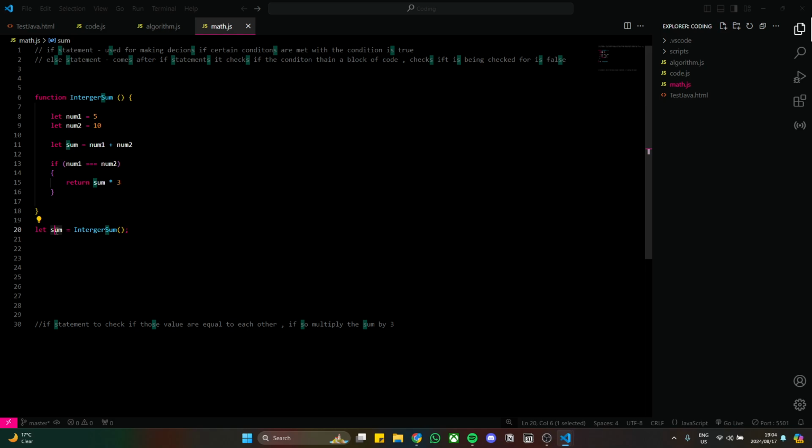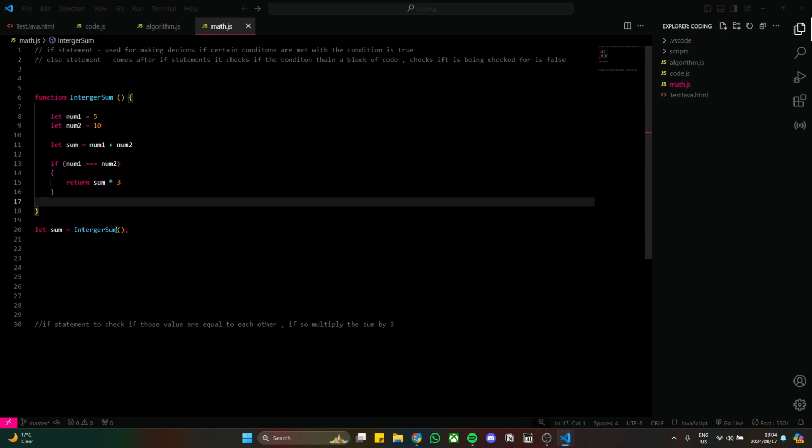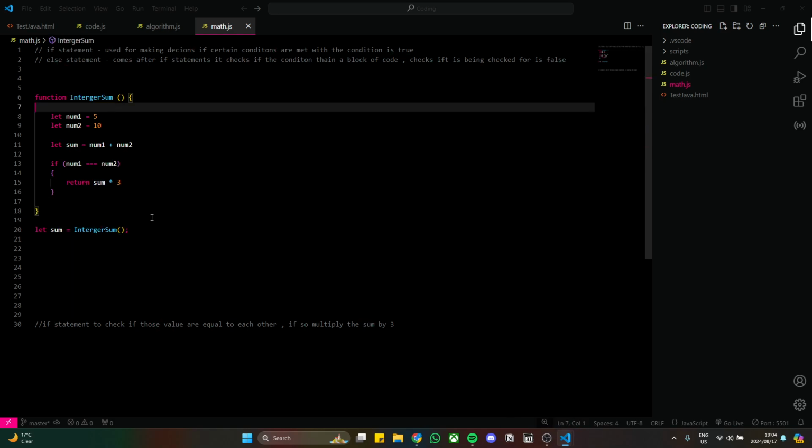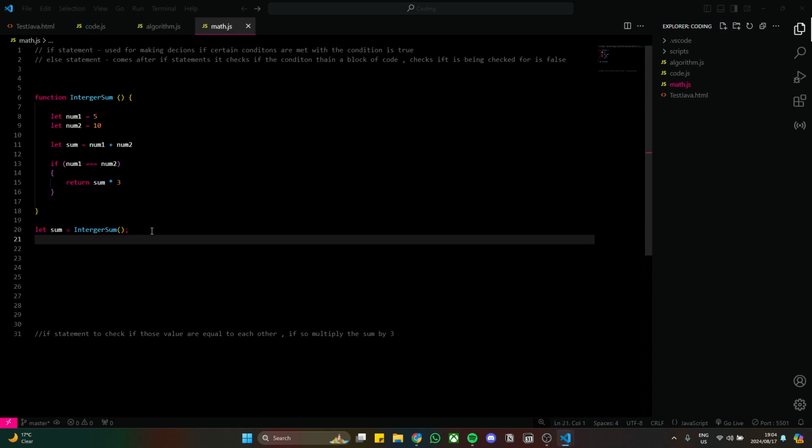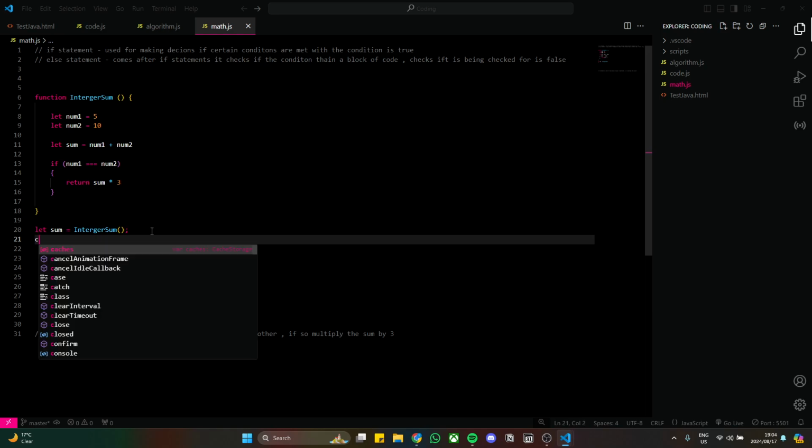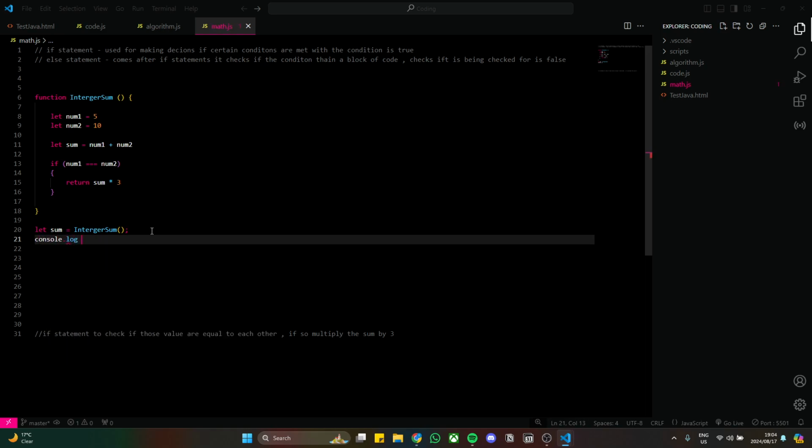So let this sum equal our function name up here. And then we need to do a console.log the sum of these values multiplied by 3